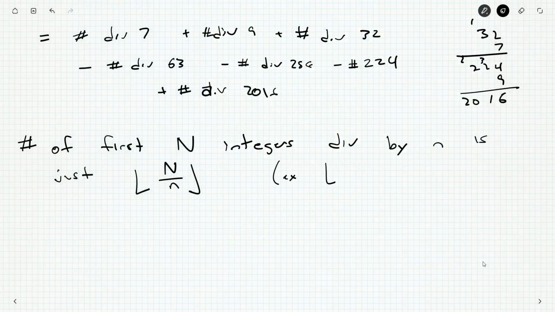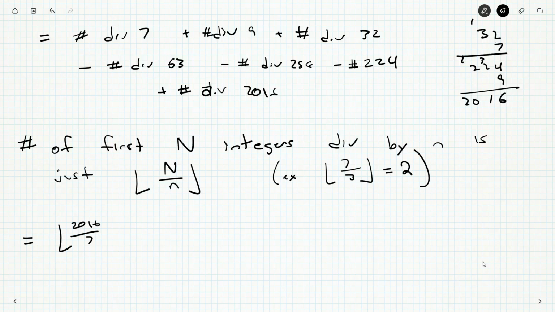for example, how many of the first 7 numbers are divisible by 3? 7 over 3 is 2 1/3, which rounds down to 2. And yeah, there's 2 numbers of the first 7 that are divisible by 3, just 3 and 6. So this always works. You don't really need to justify it, but then our sum becomes 2016 over 7 plus